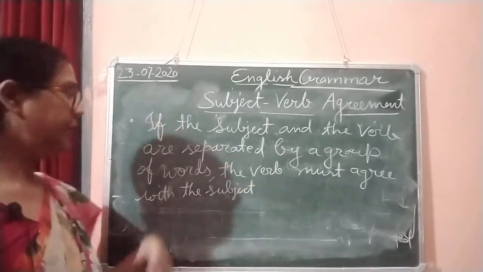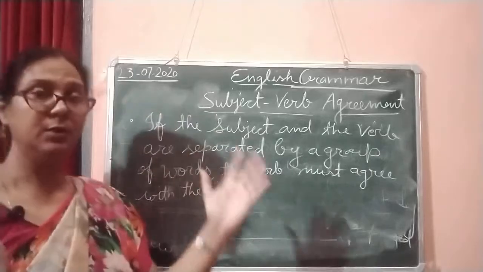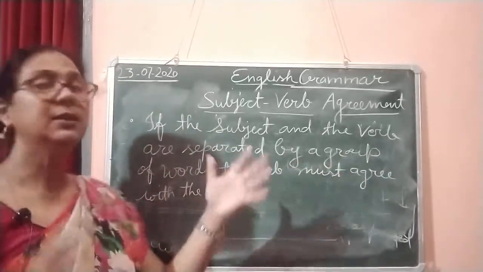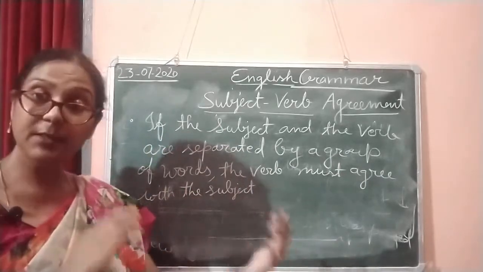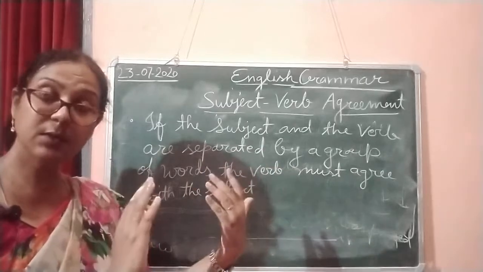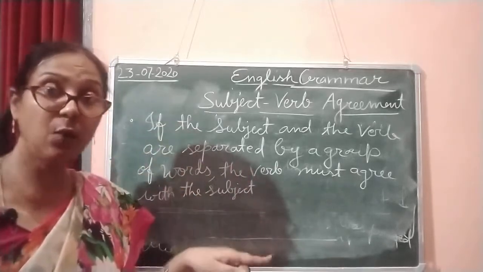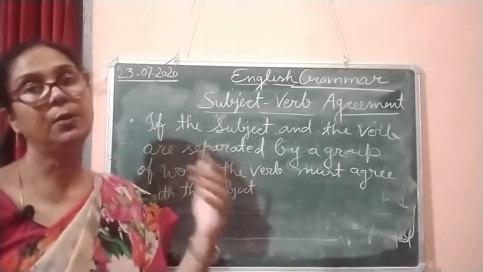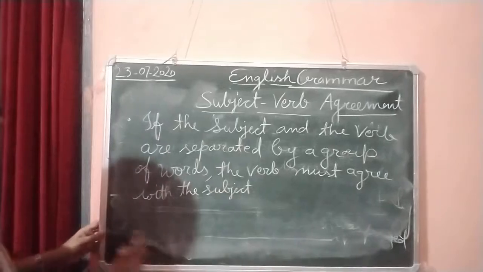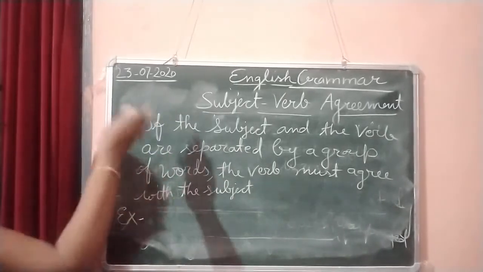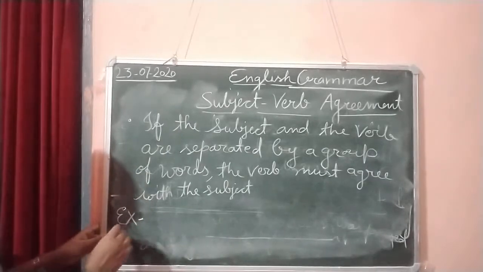Now the next point is, if the subject and the verb are separated by a group of words, the verb must agree with the subject. So if the subject is plural and the sentence is divided, we will write a plural verb. If the subject is singular and it is divided into two groups, we will write the singular verb. So I am going to give an example to understand this point. The example is the boys in the blue uniform